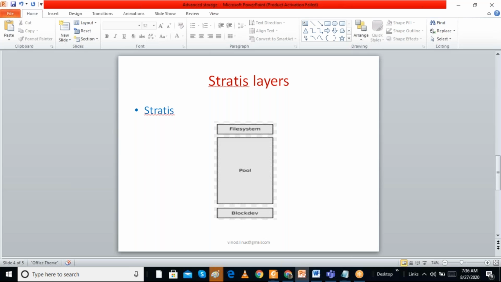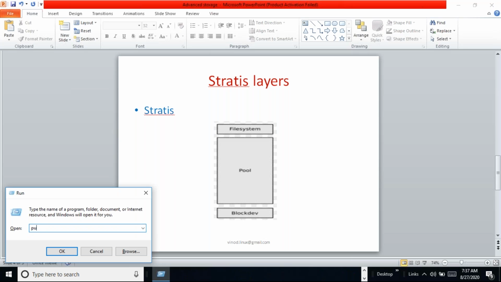So I am going to show this demo. I'm going to log into a Linux system.